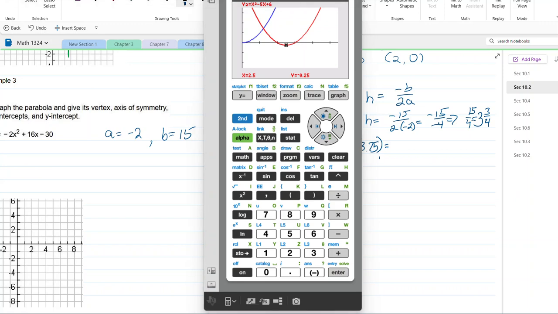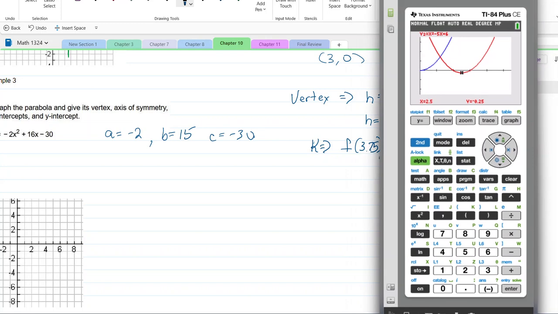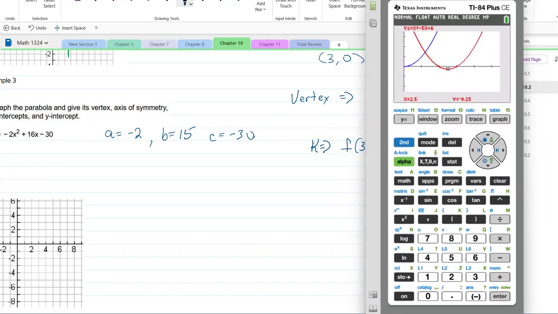Let me move everything around a little bit so I can get you to see everything. I'm going to do second quit to get in the home screen. And I'm going to put a -2 times a 3 and 3/4, squared, plus 16 times the,